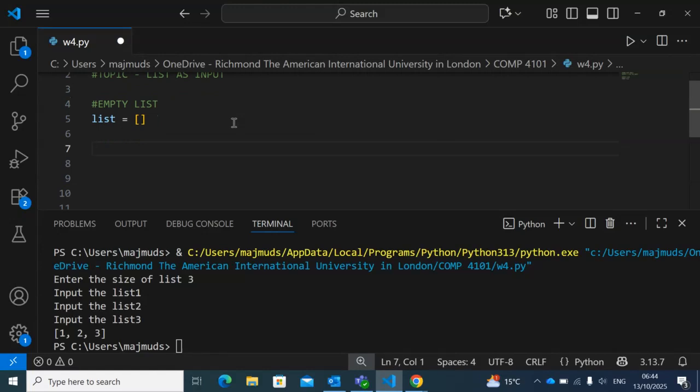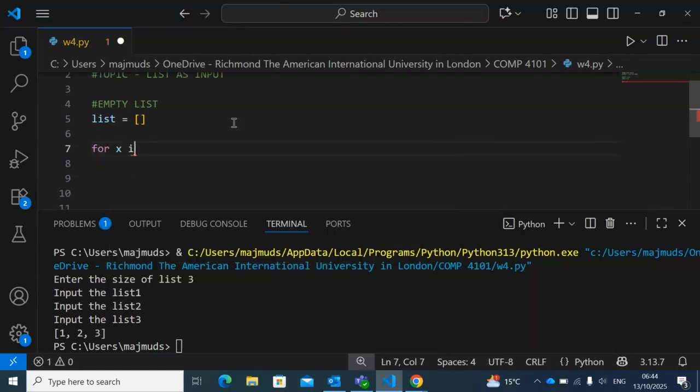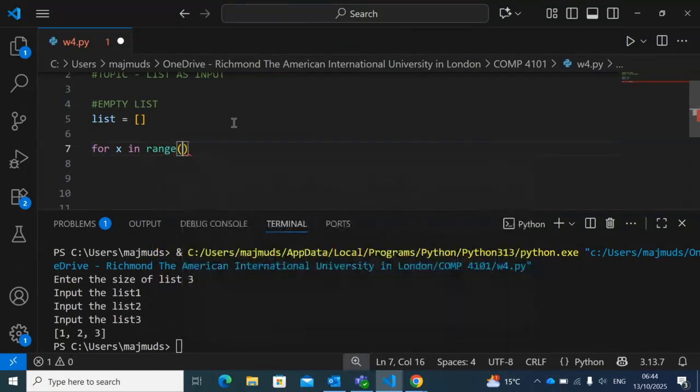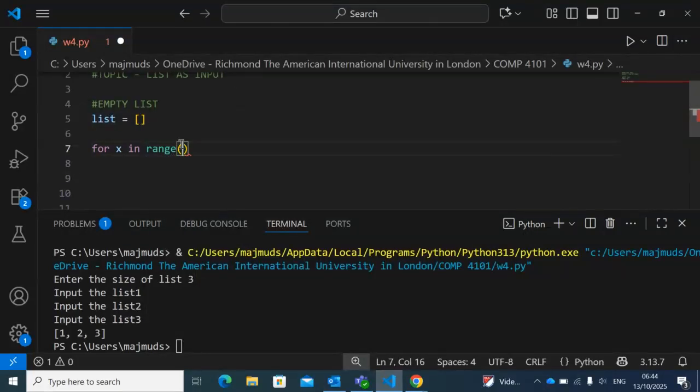And then to take a list as an input, you have to use the for loop. So you have to say for x in range. We've learned this before. If not, take a look at the for loop video. And in the range here, you give the size of the list. So let's do a list of size 3. After this, you put a colon